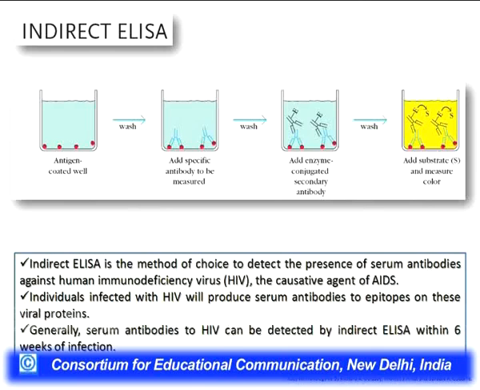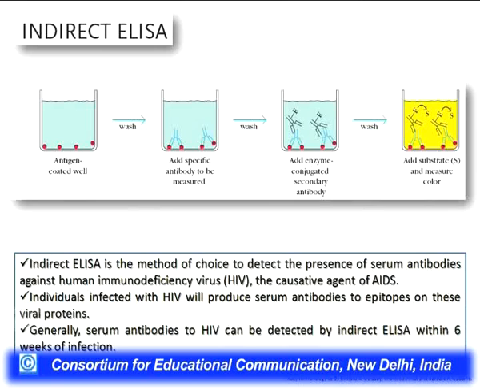So the blood serums are taken from the patients and incubated onto wells which are antigen coated. Onto these wells, these antibodies go and specifically bind to the antigen. Subsequent washes are done, and then a secondary antibody, which is an anti-idiotype of the primary antibody, is loaded. It goes and binds to the primary antibody, and as the secondary antibody contains an enzyme which converts the colorless chromogenic substrate to a colored substrate,